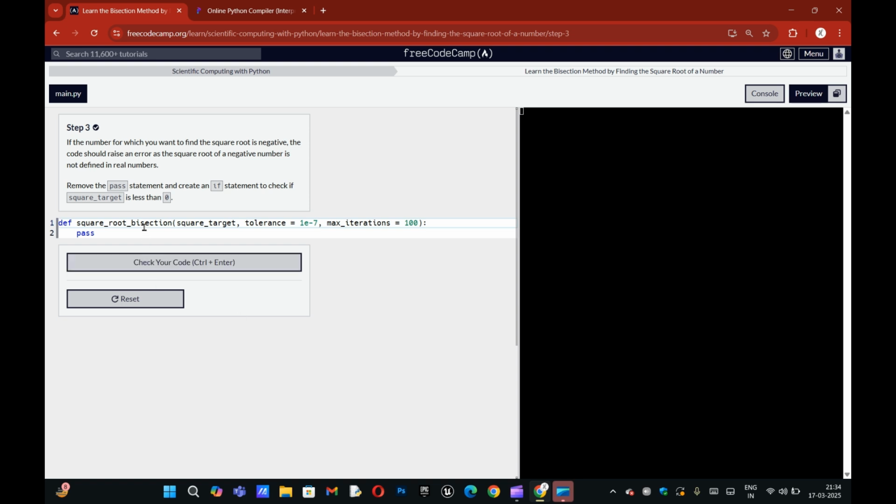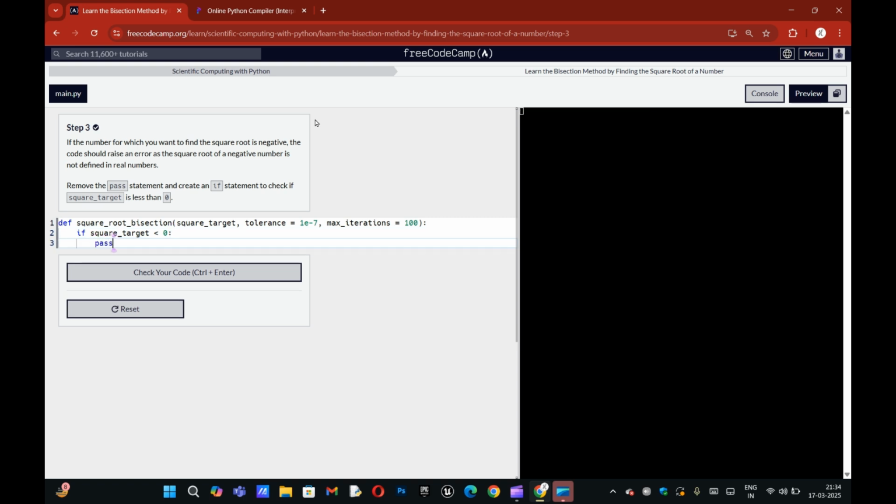Then remove the pass statement. Now we have to put an if check: if square target is less than 0, pass.